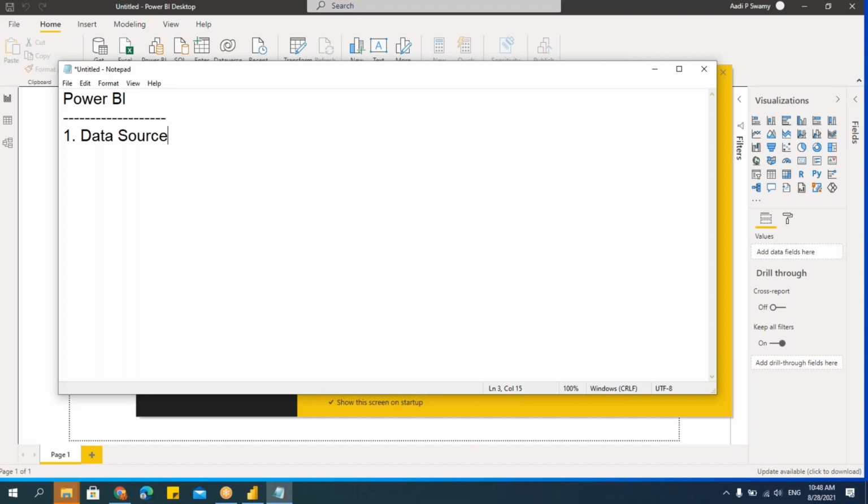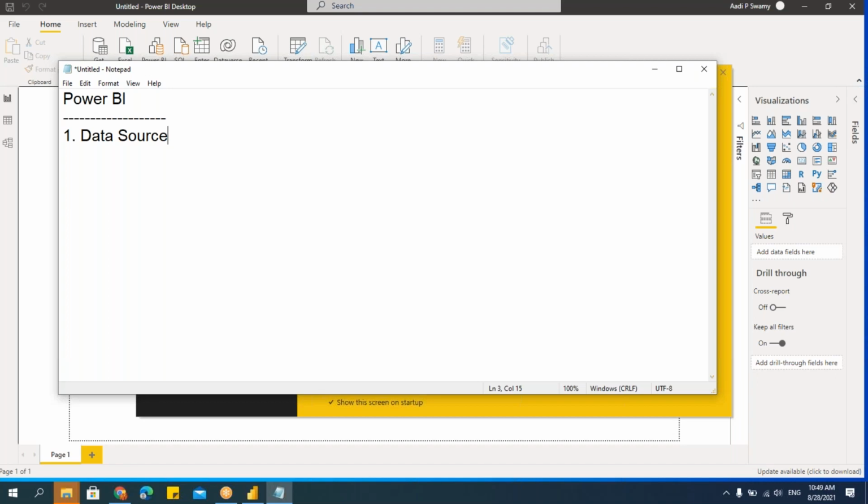We know that the data source can be various different sources. It can be Excel, CSV, or text file. These are the common ones actually. After that, SQL Server, Access, MySQL, which are some of the known databases. Then there are so many other sources, like Oracle, SAP, and web pages.